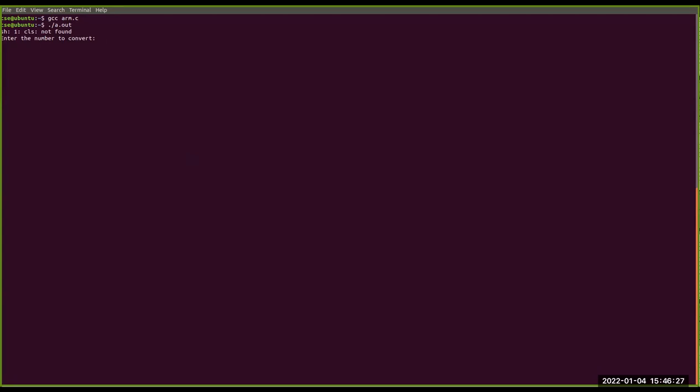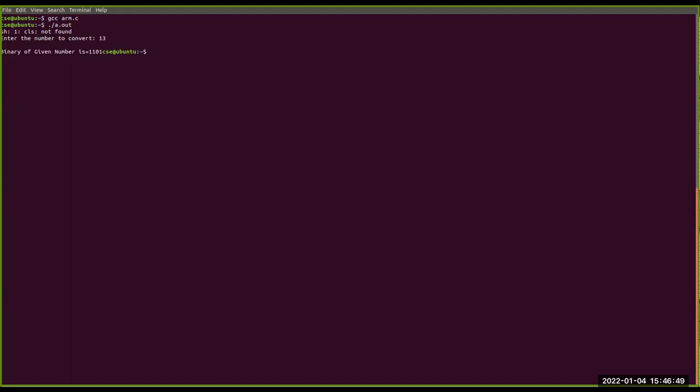In the last program we did a conversion where the input was 1101 and the result was 13. So now enter the number 13 and check what value comes. The binary number of that given value is 1101.